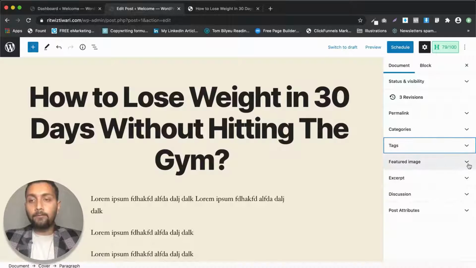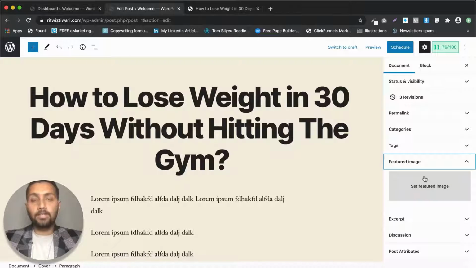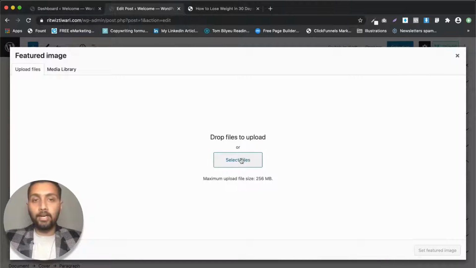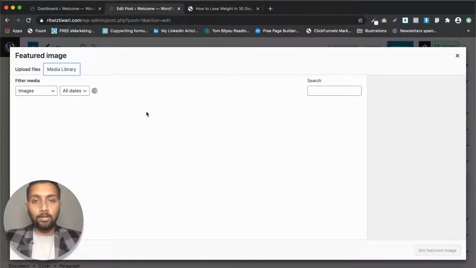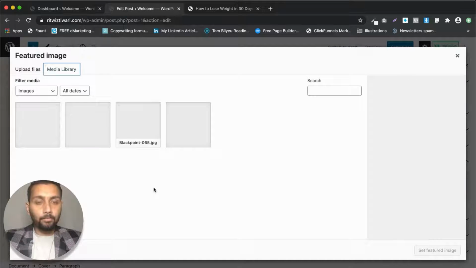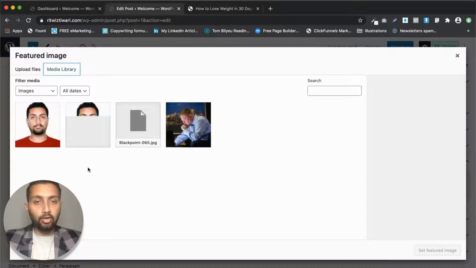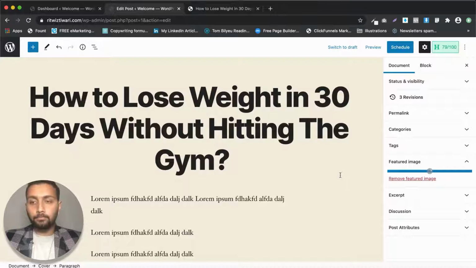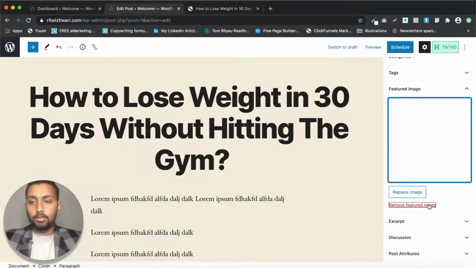Okay, then comes the featured image part. The featured image is the image that usually shows up when you share, when you see some posts on Facebook or any other social media platform. There is an image obviously all the time with the title of the post and the link of the post, isn't it? So this is the same featured image. This is that image which will show up every time. Okay, so let's go to media library and select one image if there is any. Let's see, at least my own image should be there. Oh yeah, this image is there. So let's set this as a featured image. Okay, yeah, so this image has been set.